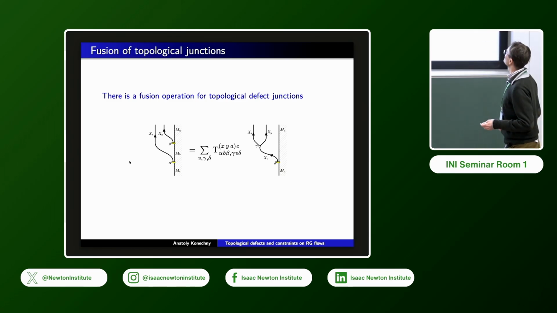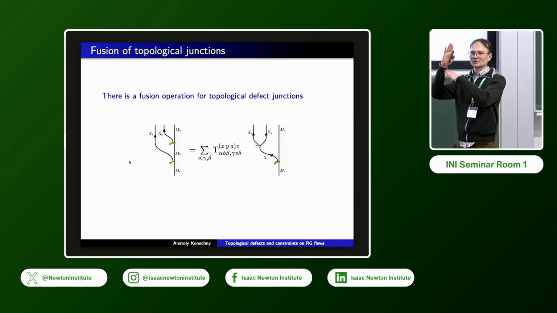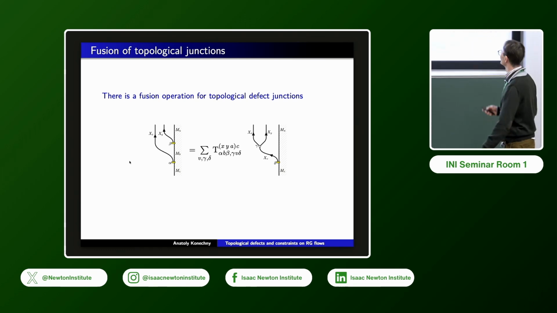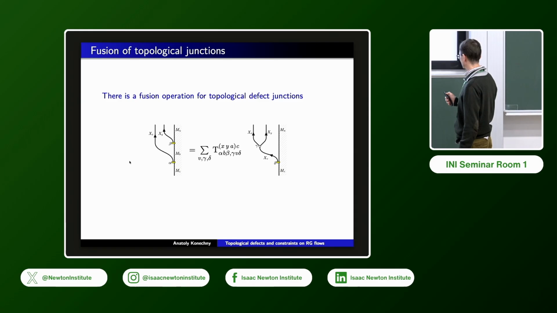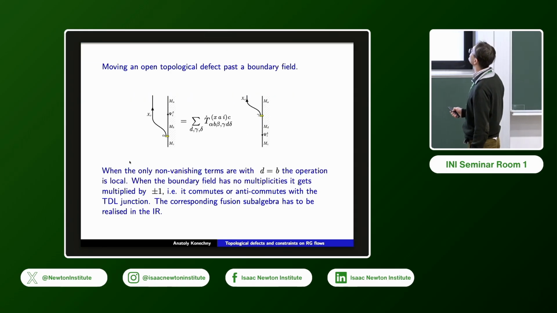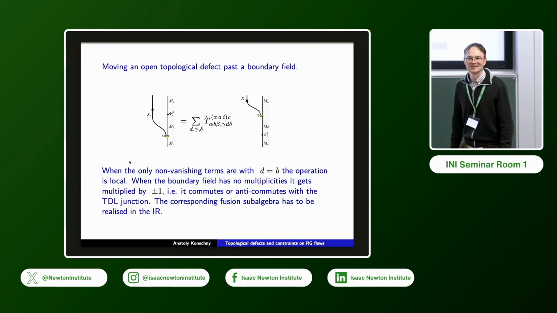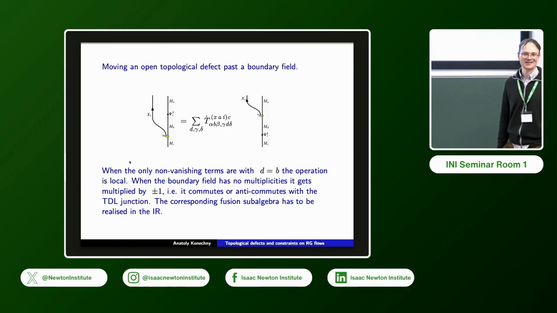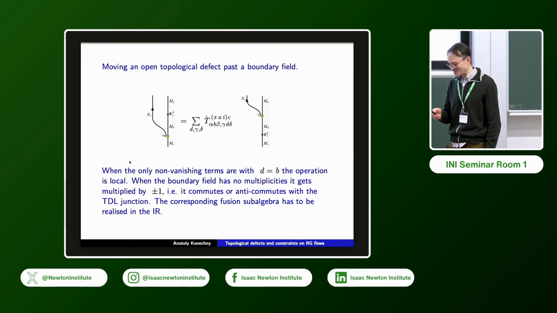So I want to advertise T. We thought the junction looks like the letter T, so let's use T there. While in the previous example, we put a dot here because we were thinking the dot is where the boundary field is sitting. So we tried, but I think everybody sticks with their notation anyway,